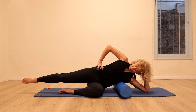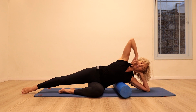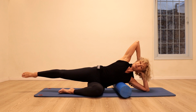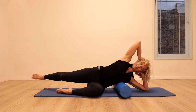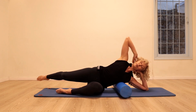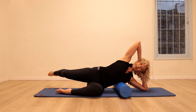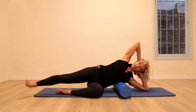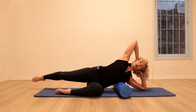And stay there, reach the leg out, place the other hand behind your head and try and lift up over the roller so you're not sinking down. Stretch the leg out and we're going to do a side kick. Kick, kick forwards and lengthen the leg back. Kick, kick. And stretch, really opening the elbows, opening the chest. Kick, kick, and stretch the leg back. Let's do twice more. Kick, kick, stretch to the back. Kick, kick, lengthen the leg back as far as possible, open the chest,